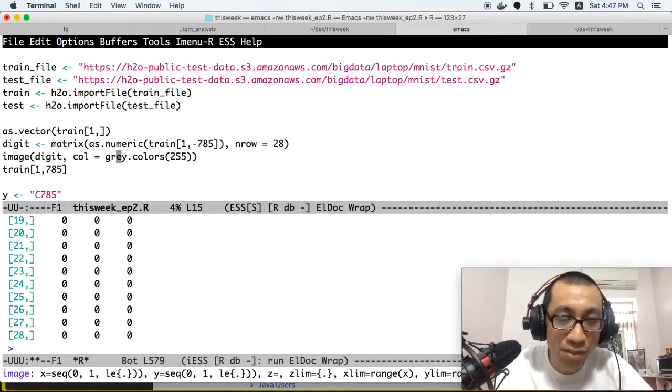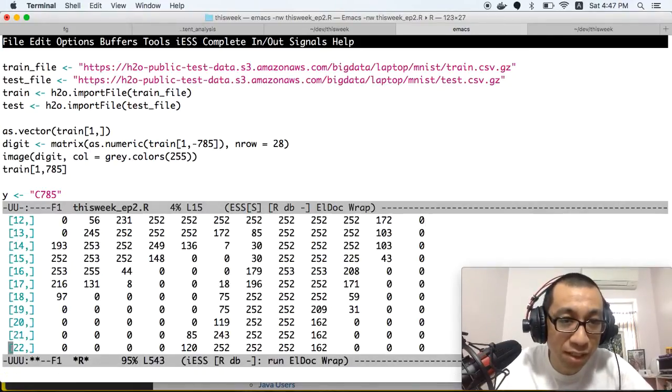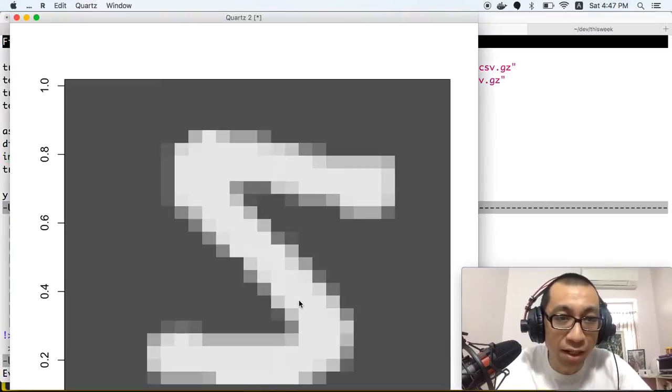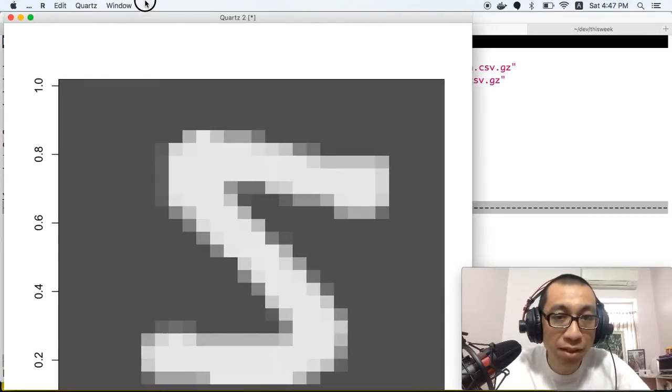I need to specify that these numbers are grayscale pixel values, and specify the grayscale color, and then you can have a look. Okay,